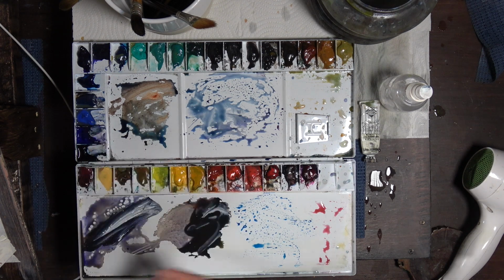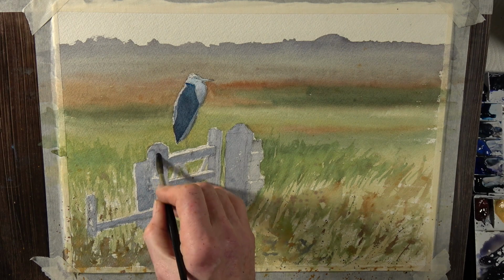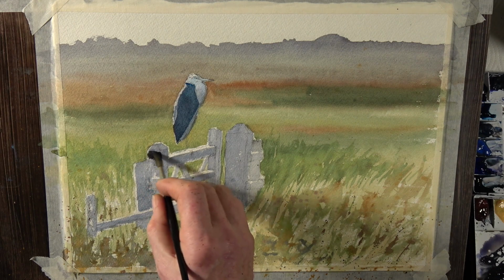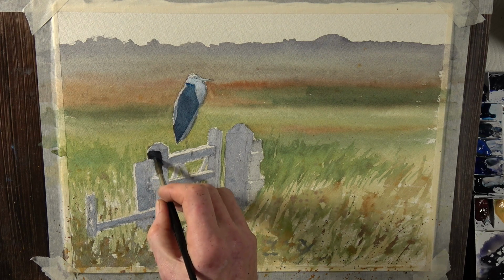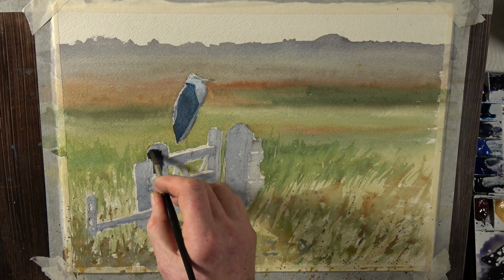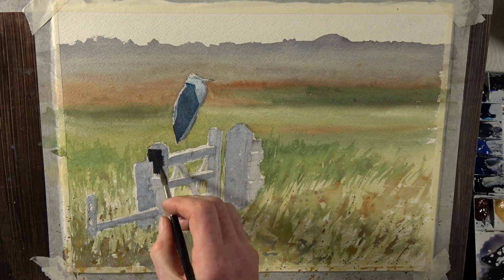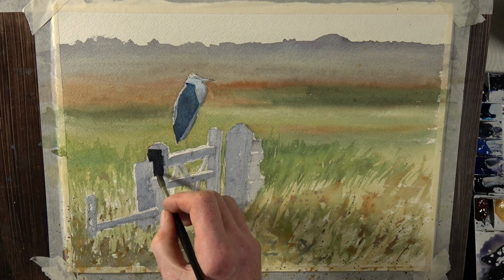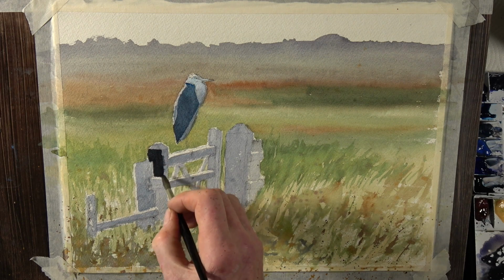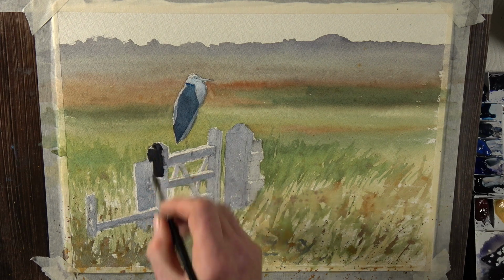I'm going to bring some blue violet into this mix now, and I'm going to come in with a second layer over this part of our fence post. And now separate one post from another, and it really would pay to make sure that everything is dry before you do this, and I have been a little bit wrong on that, but hopefully we won't make any mistakes like that. I'm going to put a darker mark in there, but not the same dark mark as we're using here. Okay,